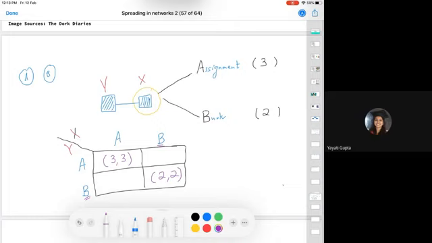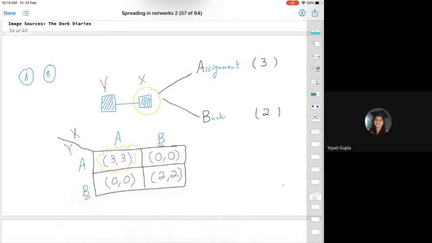If X decides to bunk while Y sits and does the assignment, none of them gains from the presence of the other person. So we say that none of them gets any payoff because they are not doing it together. Similarly, if X does the assignment and Y bunks the class, again both of them get a payoff of 0, 0. So in this particular case, it turns out that this strategy is the best. Both of them should sit around and do the assignment. This is when we have two people in the class, but generally we have many people in the class.